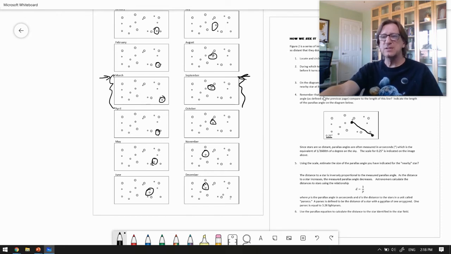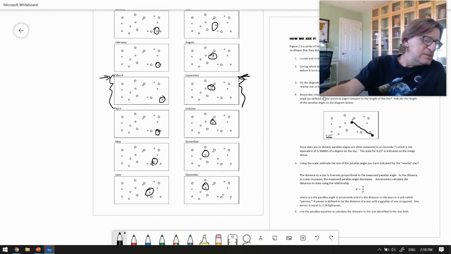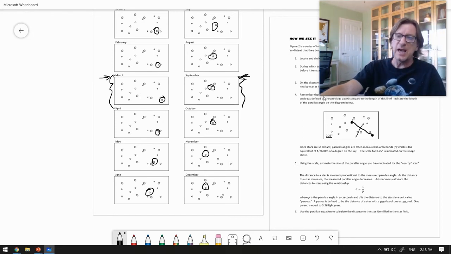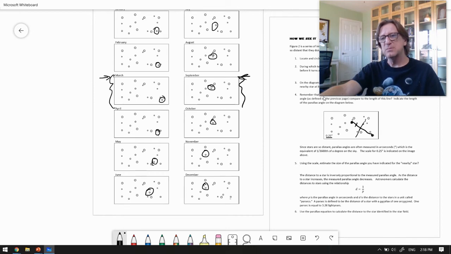So the next thing you have to figure out is, it says indicate the length of the parallax angle. So the parallax angle is going to be half of that. So that either side, since they should be the same, and you probably want to be a little more precise than I'm doing, but about half of that is going to be the parallax angle. Now we want to measure how many of these scale bars is that. And it looks to me like that might be 2 of those scale bars. It might be 1.5, but you estimate based on your particular drawing because you can do it a lot better than I can with this pen right here. So for now, let's suppose it's 2. If it's 1.5, you do it your way.